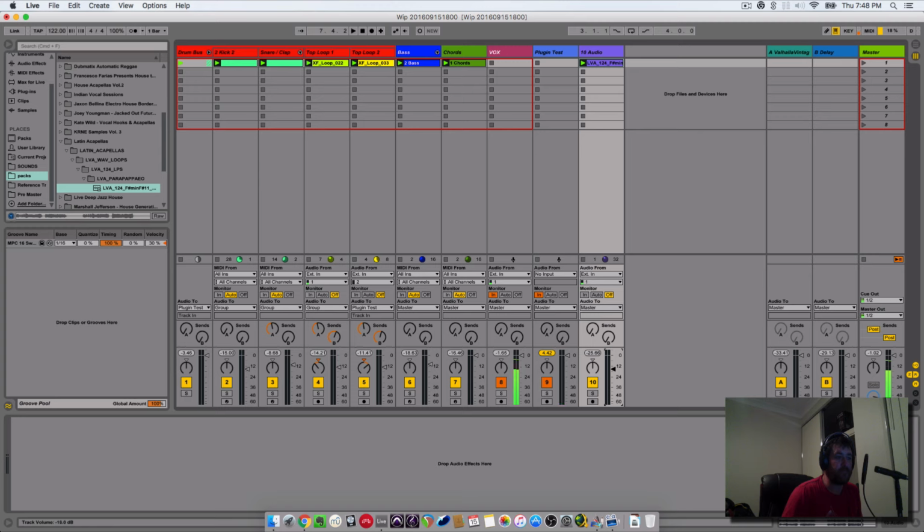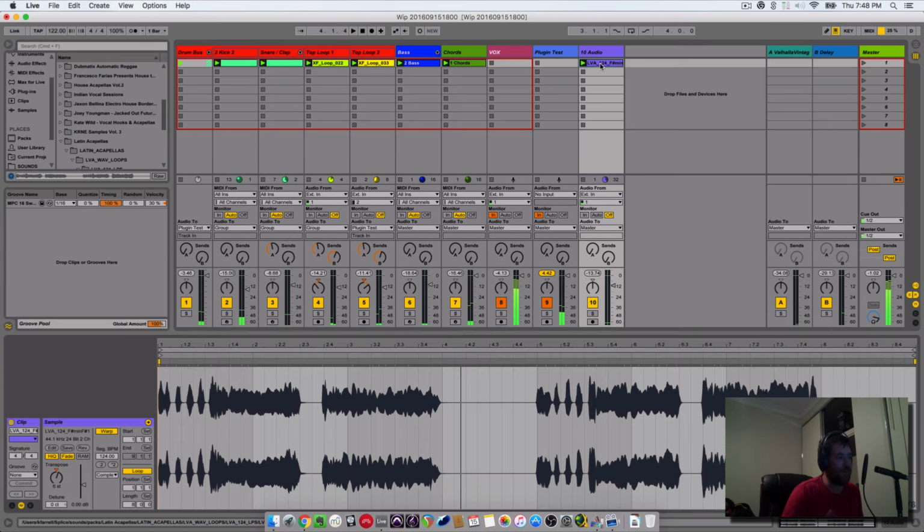Let's increase the gain. That warp mode is horrible. Let's try Complex Pro. It's a bit better. Anyway,